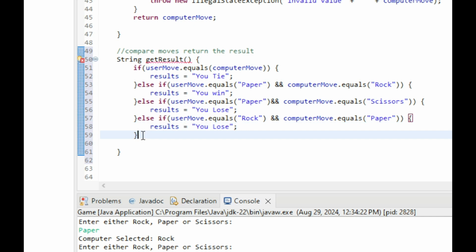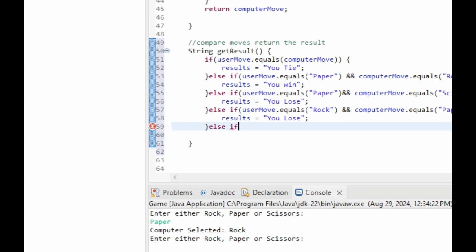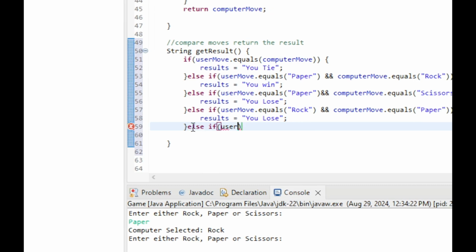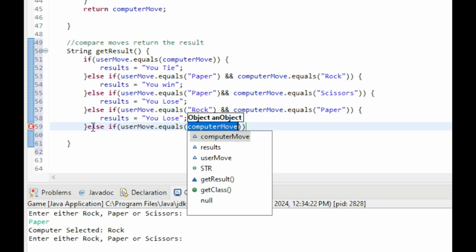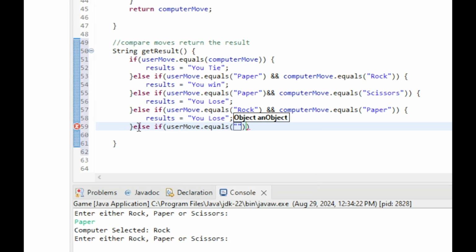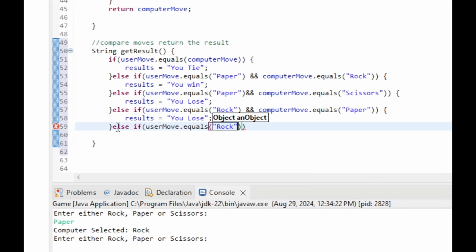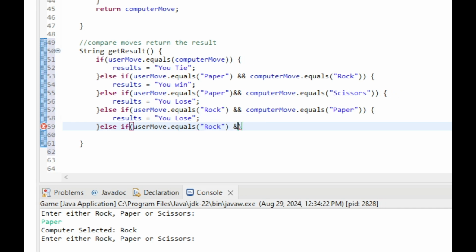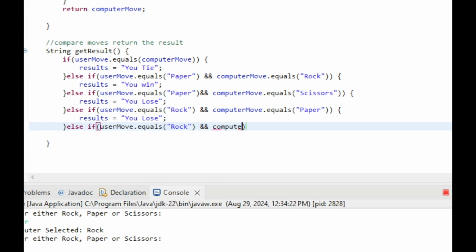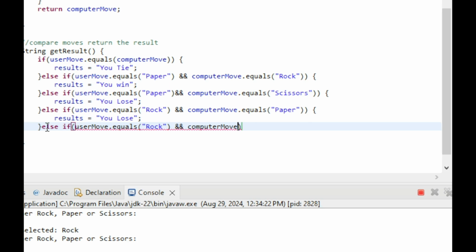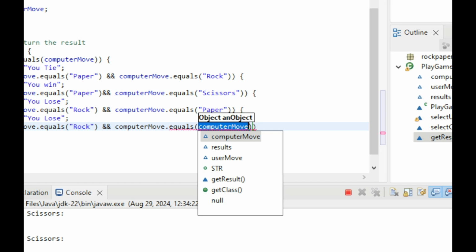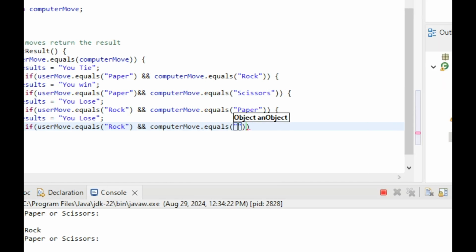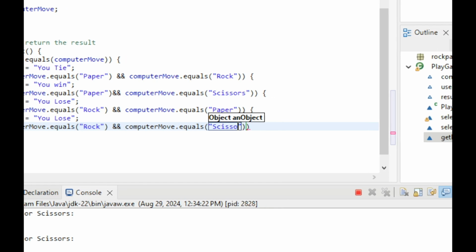Okay, so else if user move dot equals rock, the user has picked rock, and computer move dot equals scissors. The computer has picked scissors. In such a scenario,